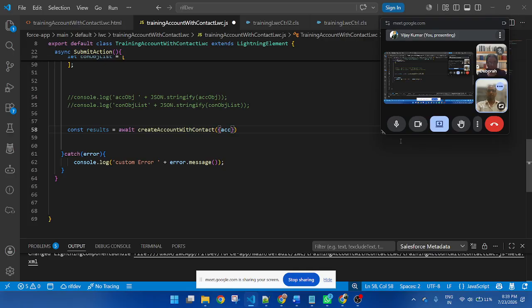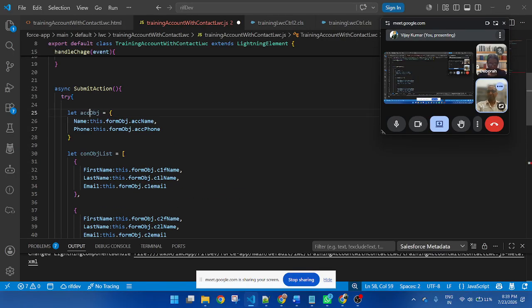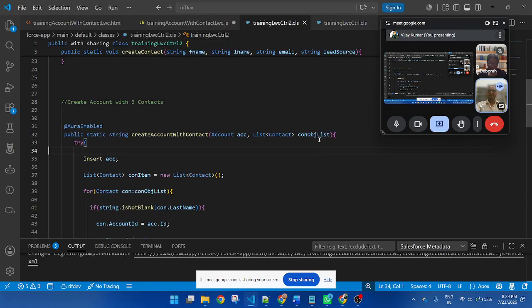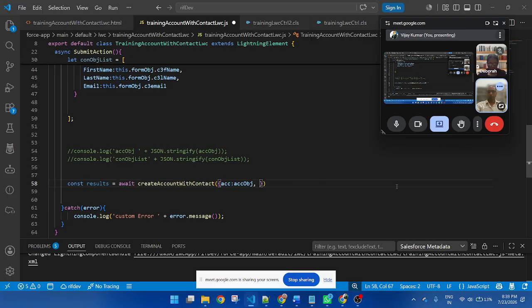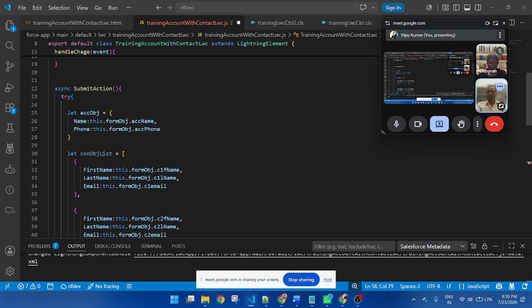This one is account colon, and this is an account object. This variable I am passing here for the account. Then comma, and this is a list of the contact. The list of the contact applies here.